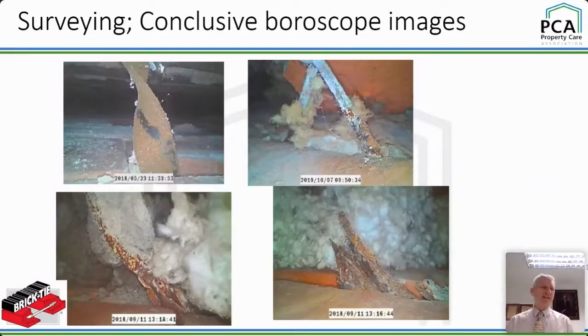So borescope, fantastic piece of kit. And just for those of you that haven't used borescopes, you're looking at the wall tie as if you're looking up a tube, and the bottom of these images is the inside face of the outer leaf. So where you see the tie at the bottom of the image, it's going into the bed joint of the outer leaf, and you can clearly see it. That's where the rust is worst. Usually it's worst at the intersection, but also within the outer leaf.